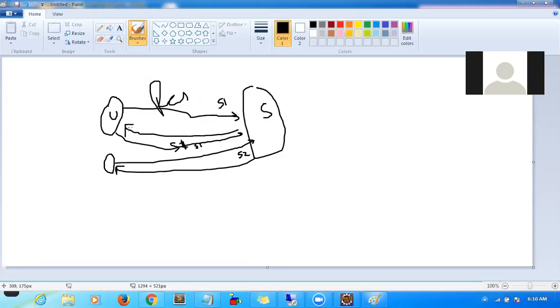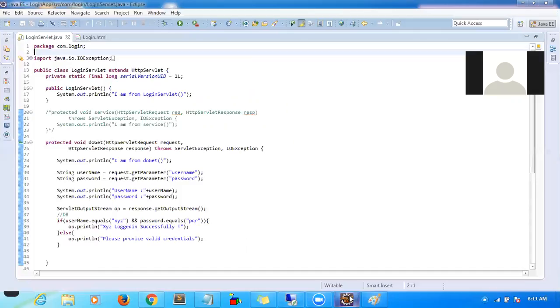So from the next request onwards, every request and response carries the session ID. That way the server maintains a unique user by using the session ID. Right. Okay, now we will see how to get this session ID.